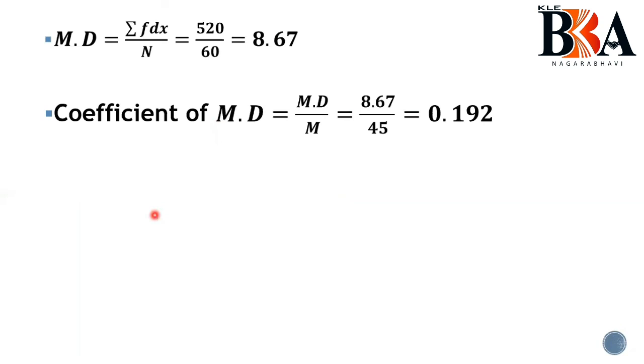If you are familiar or if you feel easy with the direct method, surely you can go for the direct method. If you are not good with the direct method, you can go for the normal method, where you can clearly understand very easily. Fine. Whichever is compatible to you, you can go for it. So we are going to stop here with the mean deviation of the continuous series. Fine. This is the way we can go for it.